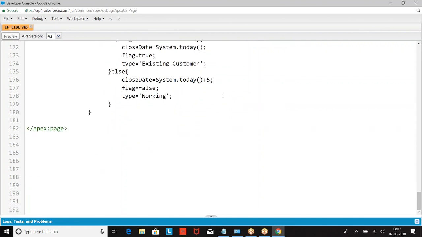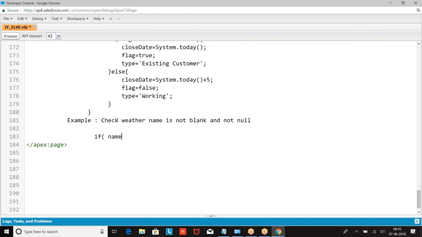Then, frequently used conditions. Two more conditions are frequently used: to check whether a value is null or not, and to check whether a value is blank or not. Example, check whether name is not blank. What we do?